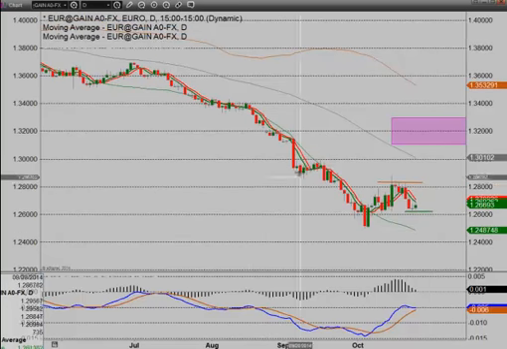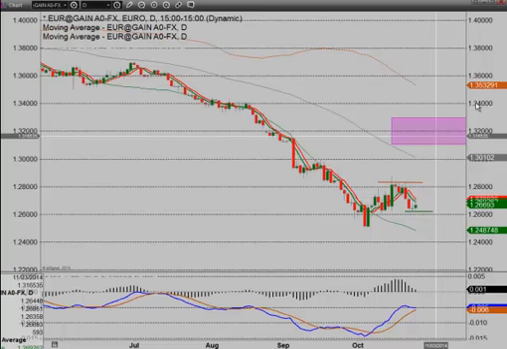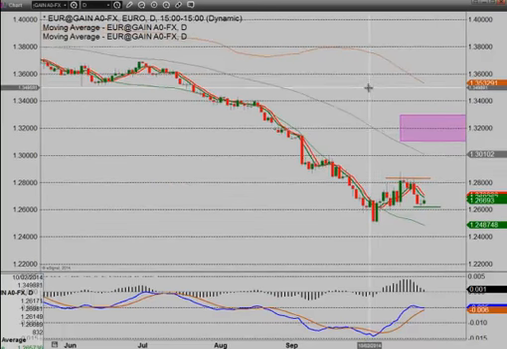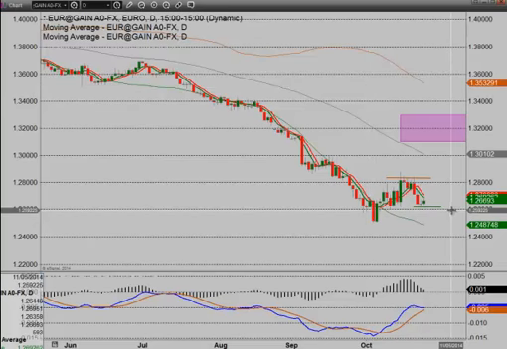We wouldn't have minded seeing a steeper correction, seeing a bigger rally here, because we think it sets us up for nice longer term trades, but the markets are going to do what they're going to do. And the picture we see, of course, is painted by the fundamental brush. It doesn't look good for the euro. We think our analysis all along has been spot on, that you're going to see much lower prices here.